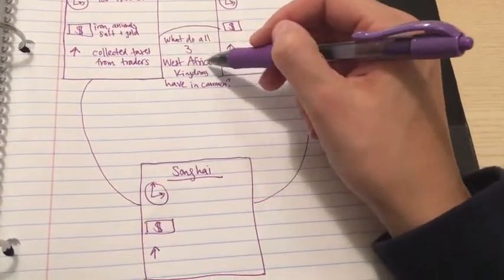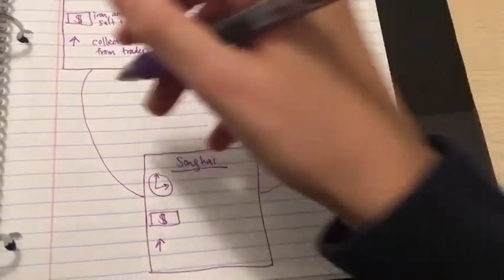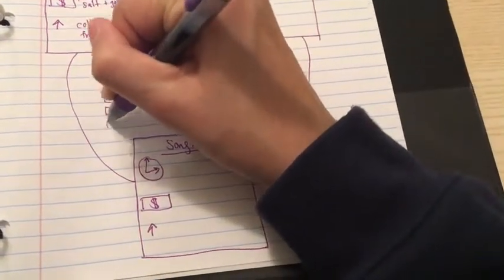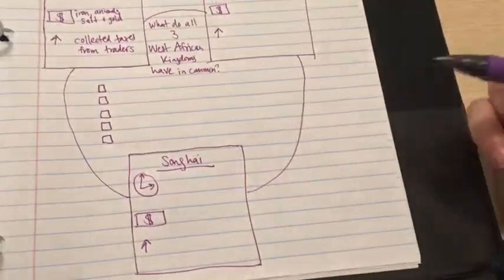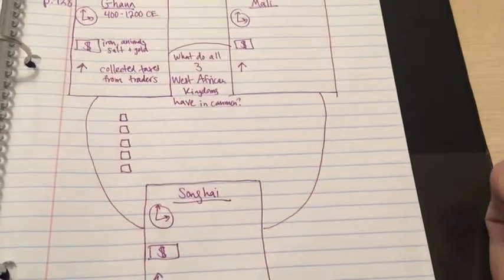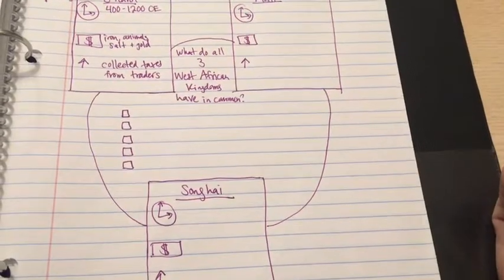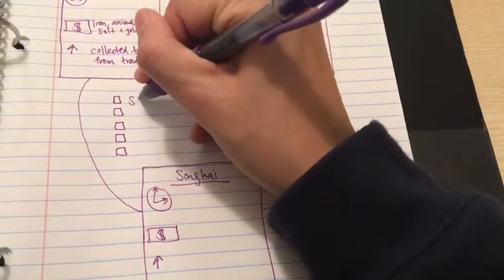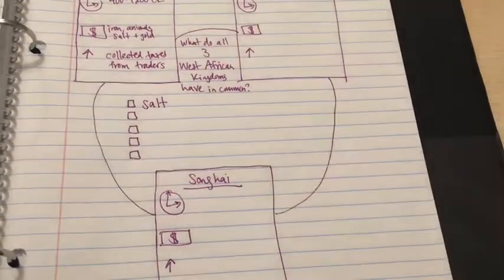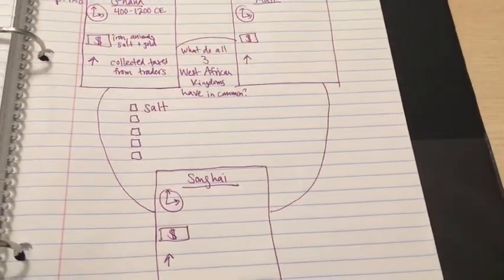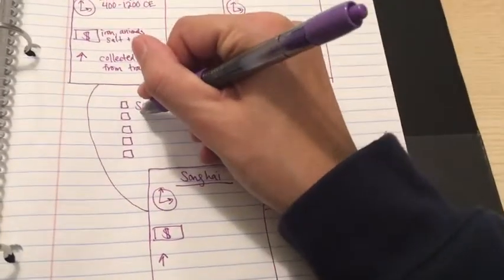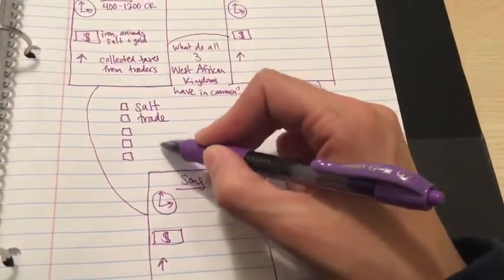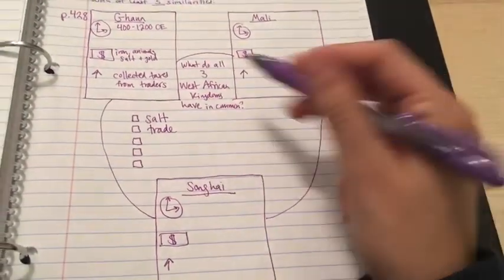What do all three West African kingdoms have in common? This is your similarities. So you want to start taking notes about, what did you notice that they all have in common? What did you write over and over and over again in each of these three boxes? Right? One thing I noticed in the chart was that I saw that all of them traded in salt. Okay? I want you to see what else you can see that you could add. I also add in trade. Okay? And see if you can think of at least 2 or even 3 more things they all had in